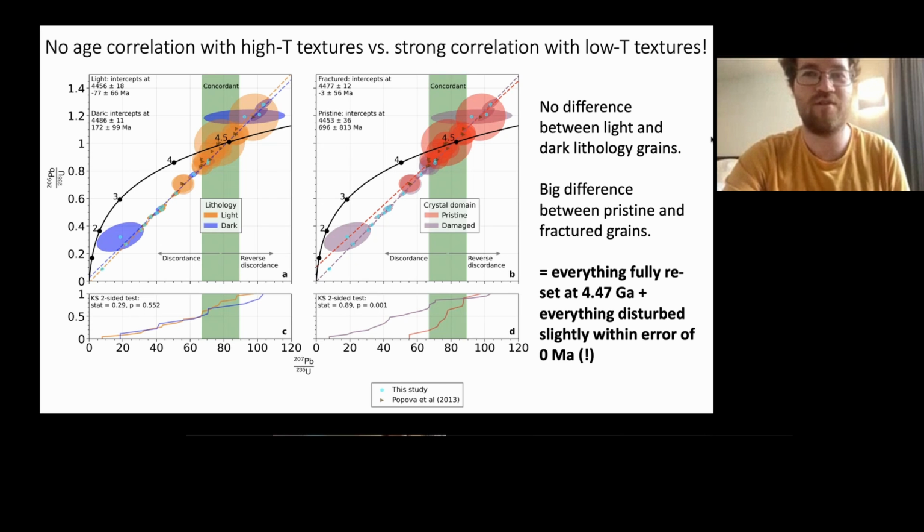There is no macroscale correlation of lithology with phosphate uranium-lead ages. The light and the dark lithology are essentially identical from this perspective. Meanwhile, there is a strong correlation between damage-related microtextures, such as fractures, and the uranium-lead isotope composition of the phosphate minerals. We can therefore infer that the plastic deformation and the recrystallization of the phosphates, and overall the major collision